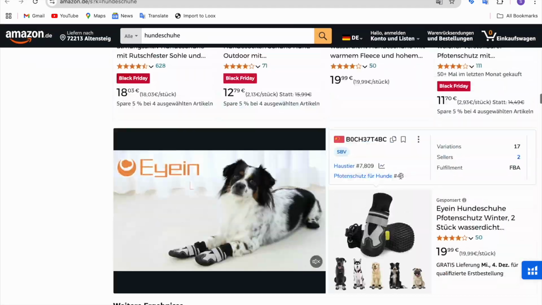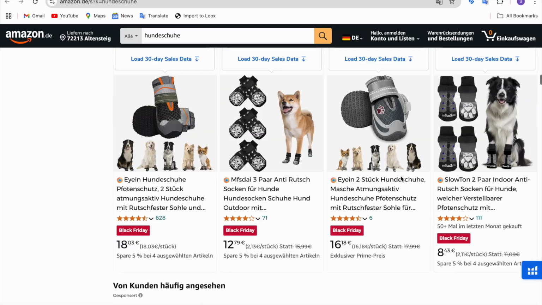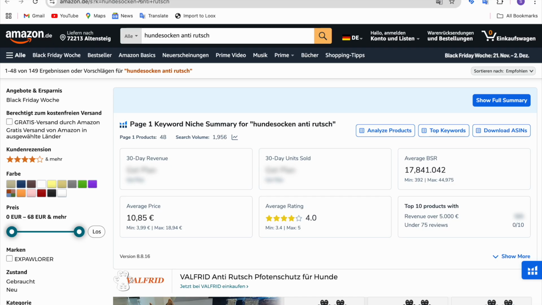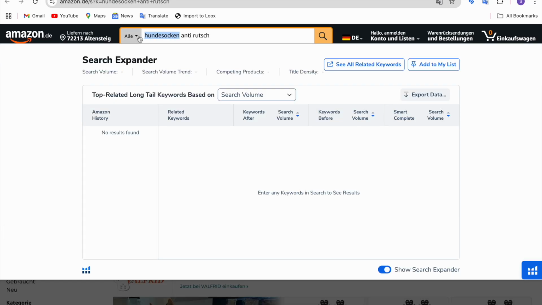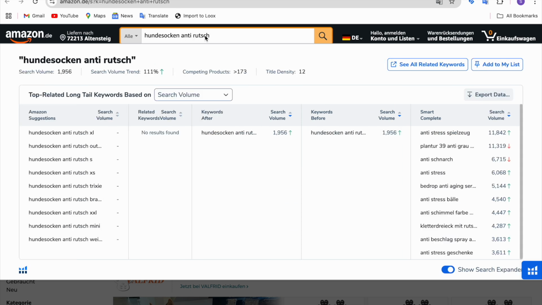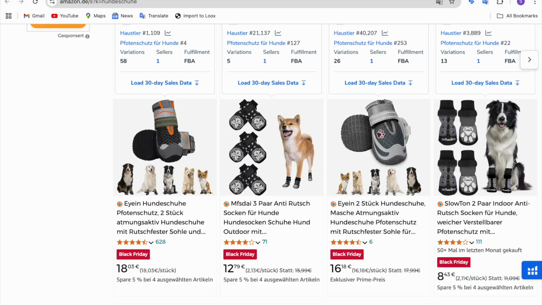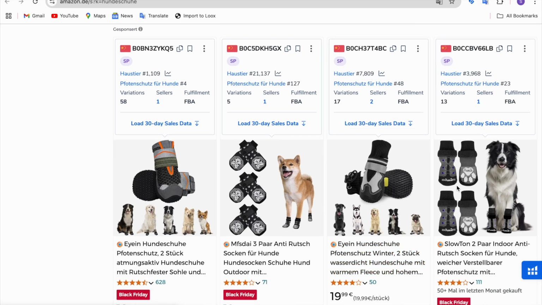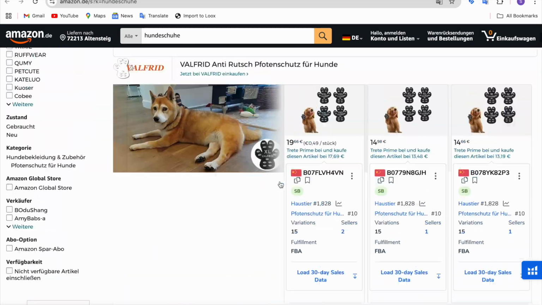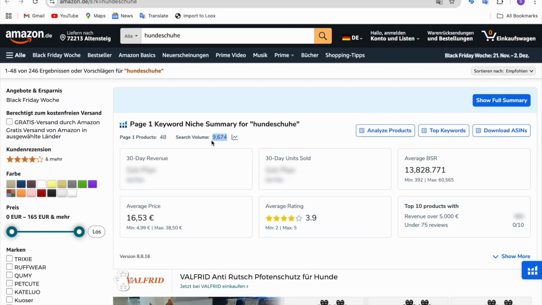Okay, so this word we can add to our listing, but this is not our main keyword. Our main keyword would be this one, Hundesocken, right? This one, and all possible variants with anti-leaking, anti-slipping, and so on. That would be like the second step to get into this keyword with huge demand. But first,